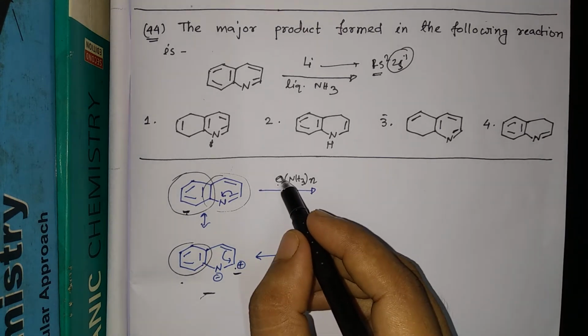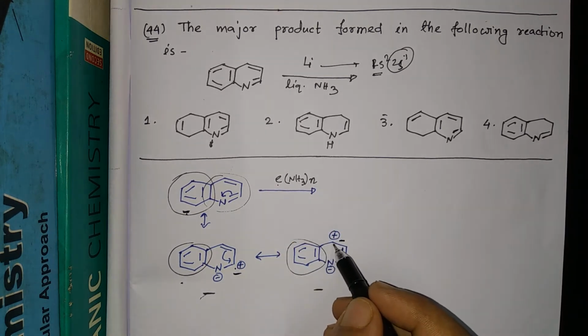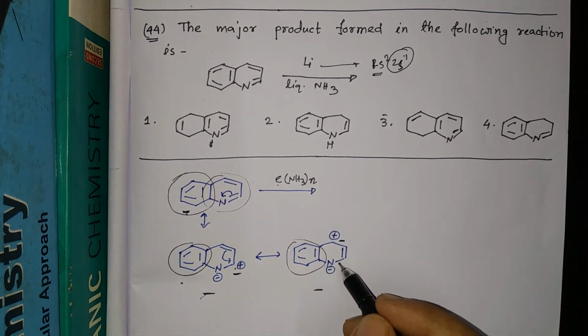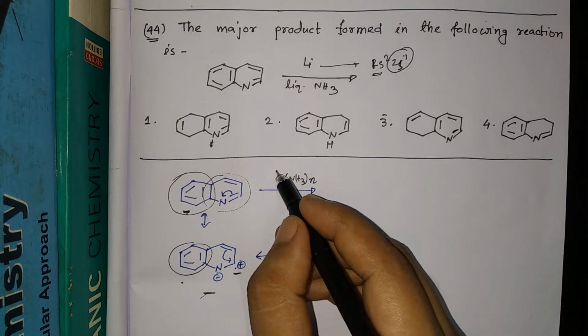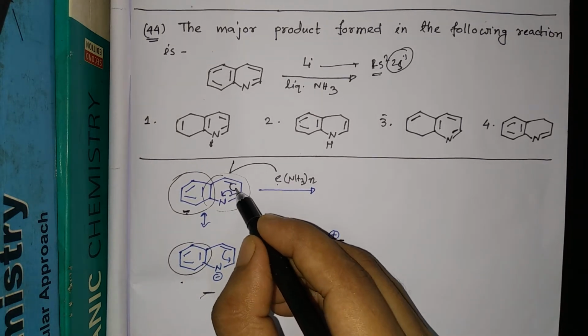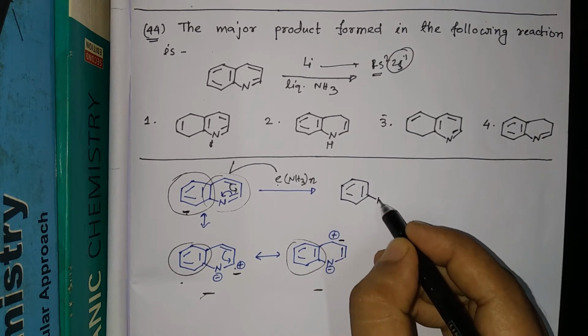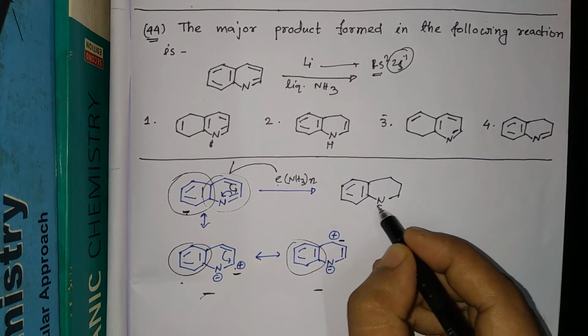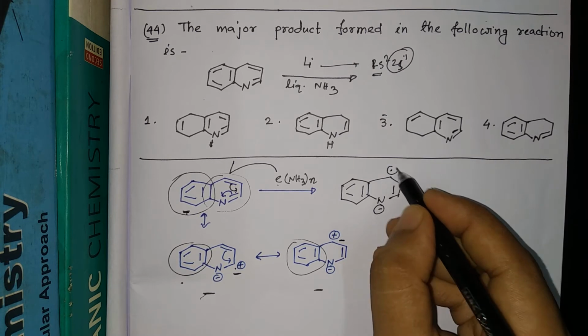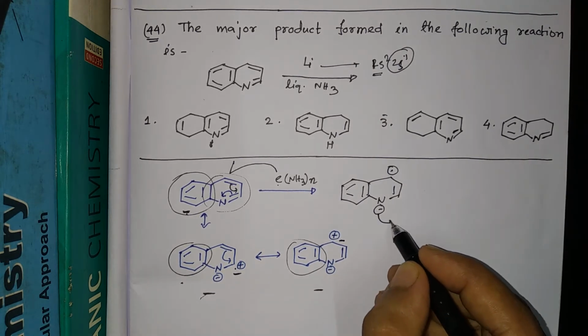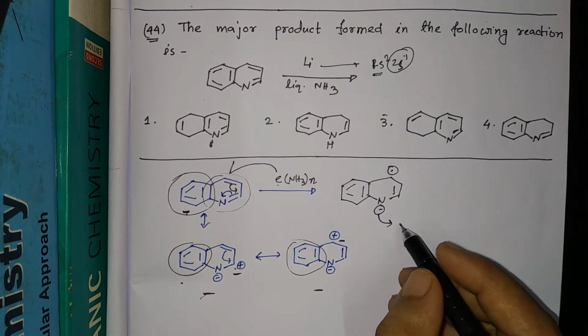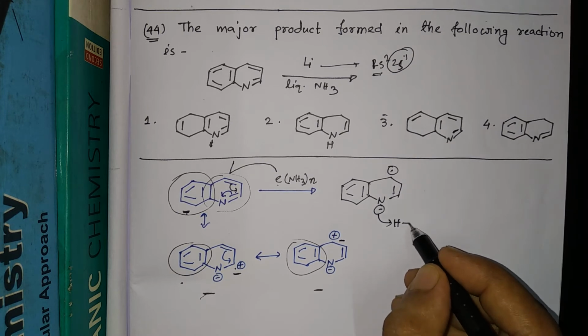But why will this electron react there? If we react at the para position, it can go for extended conjugation, which gives extra stability. So this electron will attack here and this bond will come. What we get is N minus and here a radical dot. This negative charge will take a proton from the solvent.